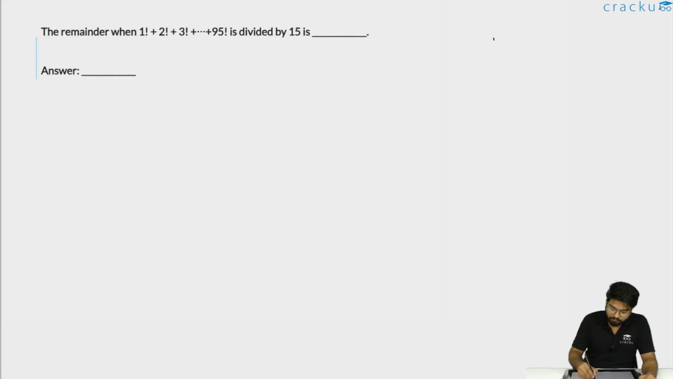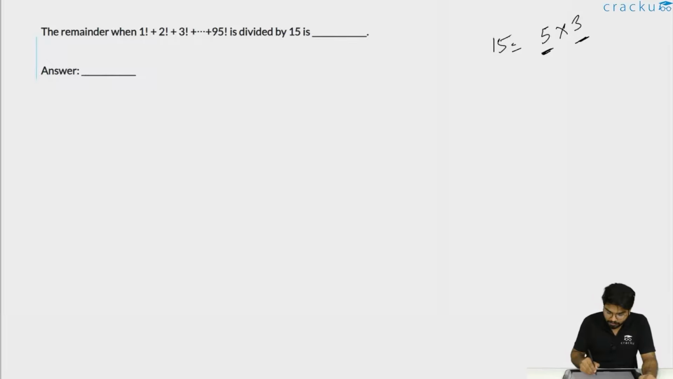Now we know that we have to find the remainder when it is divided by 15. Now 15 is nothing but a multiple of 5 and 3. So any number which is a multiple of 5 and 3 will be divisible by 15. So the remainder in that case will be 0. Now let's check what is the first factorial which is divisible by 15, or which has a multiple of 5